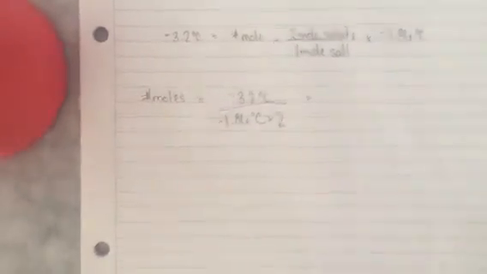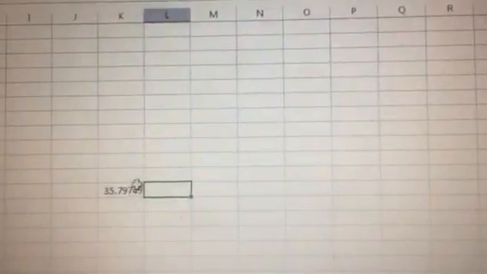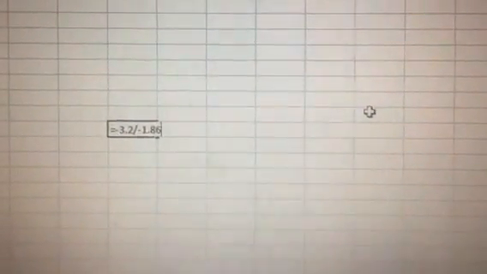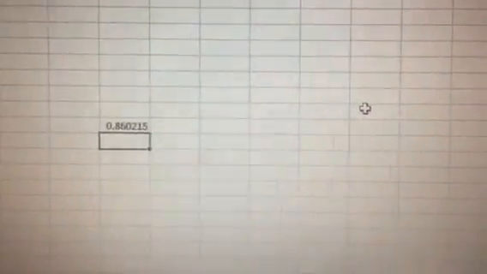Oh, I accidentally threw my little calculator on the ground and broke it. So I'm going to use my Excel here for you guys instead. Just blank that out. What do I have? Is equal to negative 3.2 divided by negative 1.86 and also divided by 2 is equal to 0.86 moles